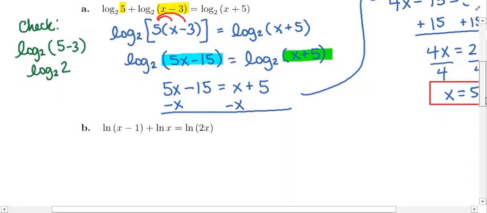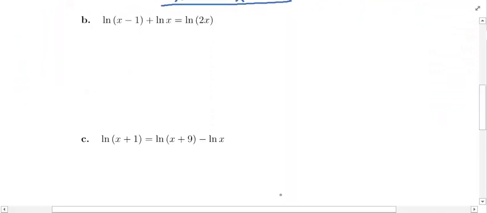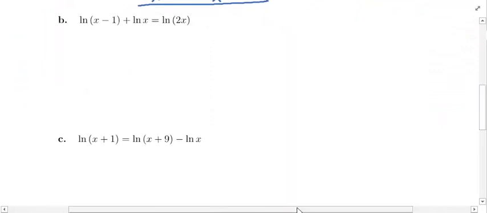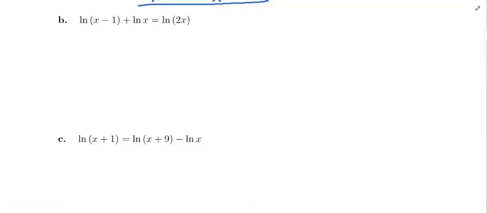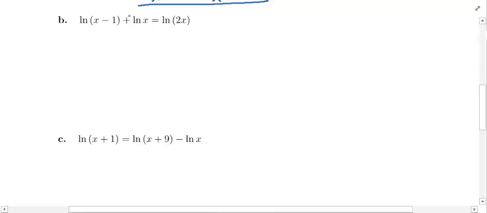All right, so moving on to part B. Now we've got natural log involved. Notice you've got logarithms on both sides of the equal sign. So your goal here is to condense the logarithms into one logarithm on the left side and one logarithm on the right side. So on the left side, they're both natural logs, so we're going to combine them into one. So again, we're adding here, so we're going to need to